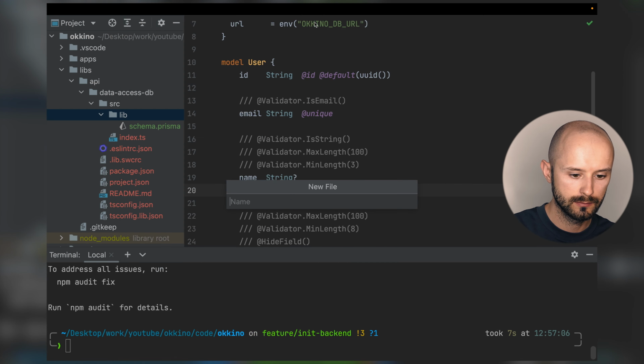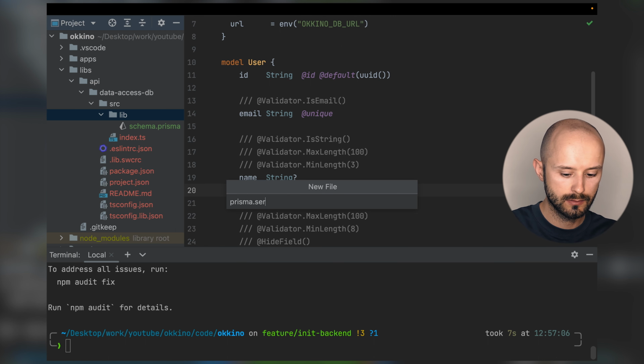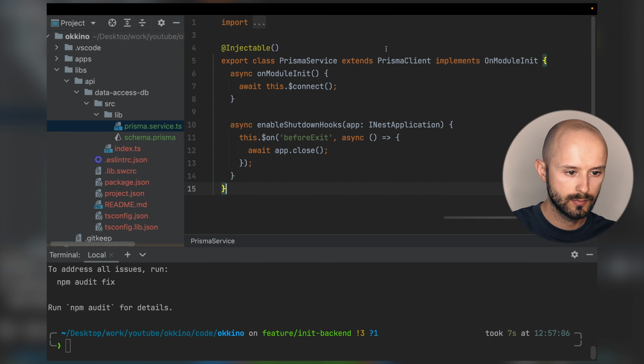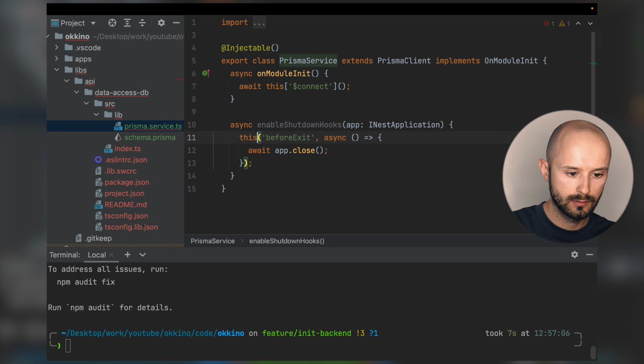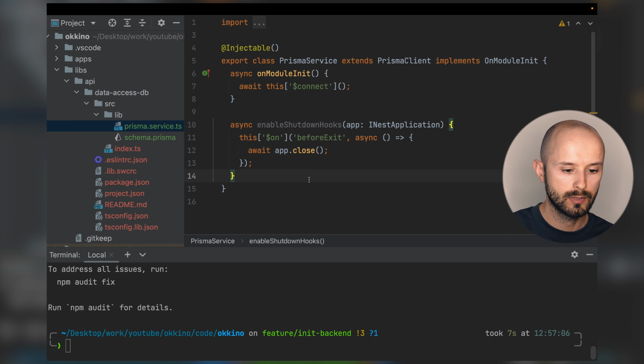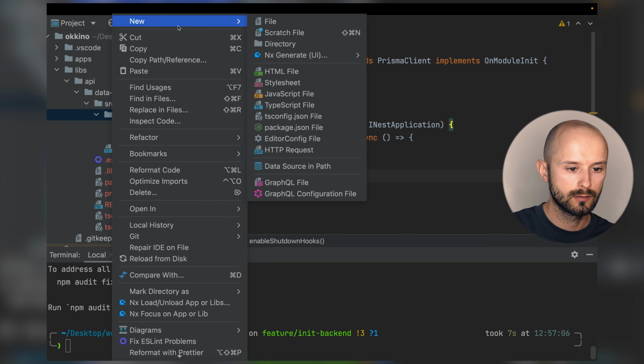New file, prisma.service.js, paste it in here, and voila. TypeScript doesn't like those like that, so you should supply it via a different type of syntax. And now TypeScript is happy. Let's also create Prisma model,